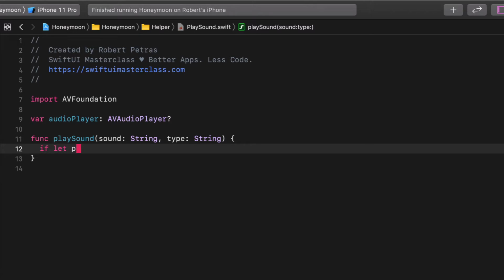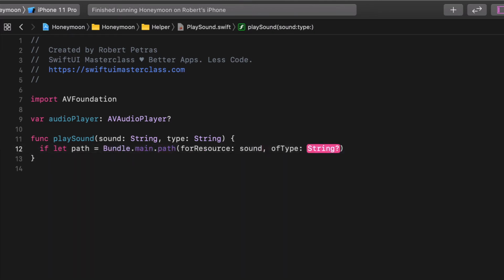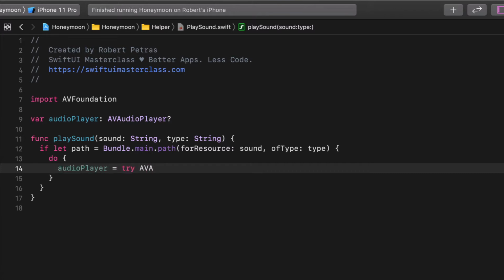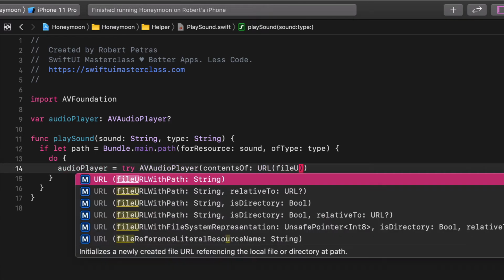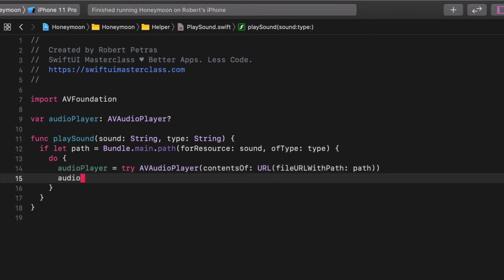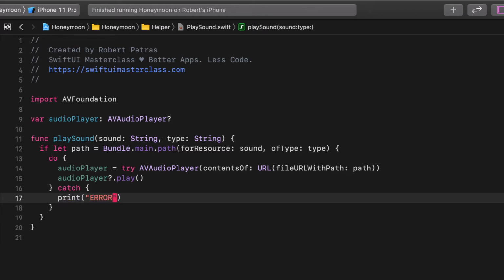if let path = Bundle.main.path(forResource: sound, ofType: type) { do { audioPlayer = try AVAudioPlayer(contentsOf: URL(fileURLWithPath: path)) audioPlayer?.play() } catch { print("Error: couldn't find and play the sound file.") }